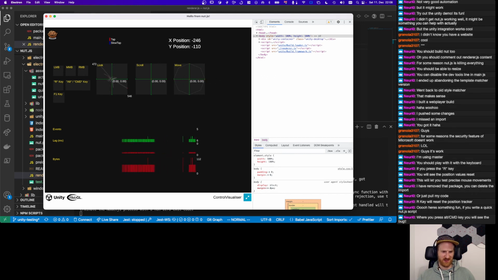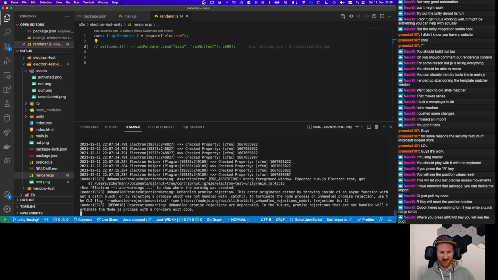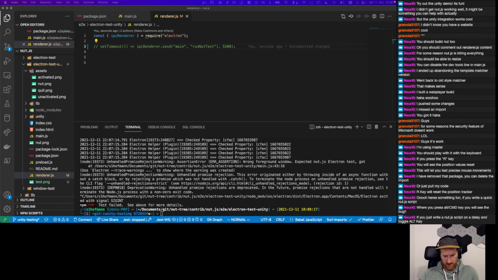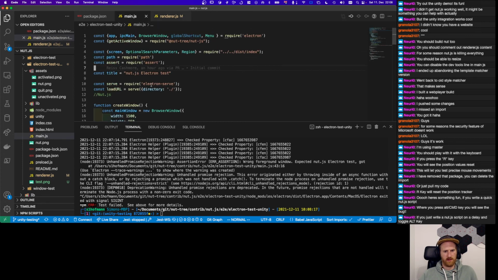So that's definitely something to waste a little time with. So R will reset the position tracker. Okay, if you just write a relay toggle alt key. So you mean like this, and then say